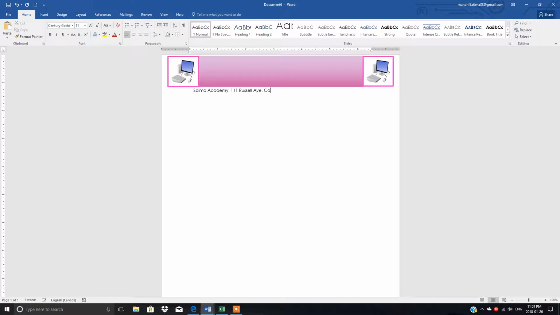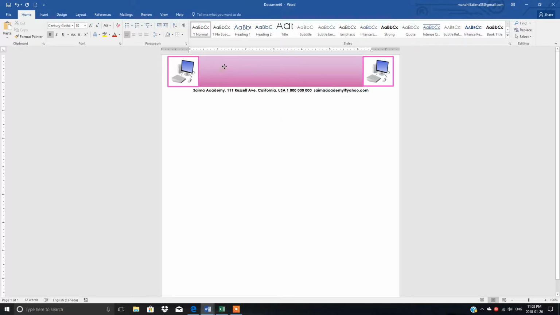Russell Avenue, California, USA, and then you can write down the company's phone number, suppose 000, and at the end, saimaacademy at yahoo.com. Right, then we can select this. At least it should be set in one line.